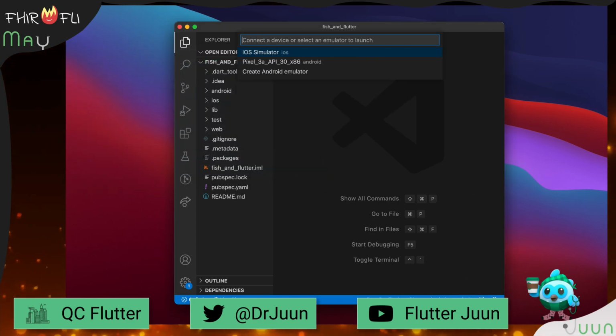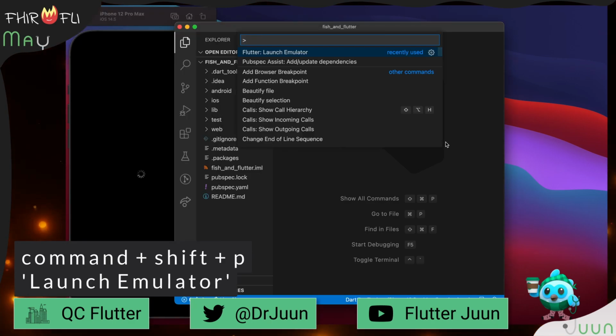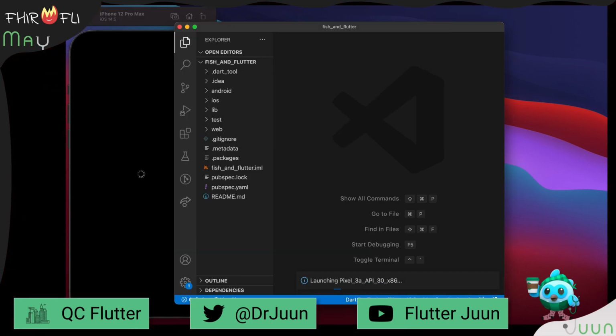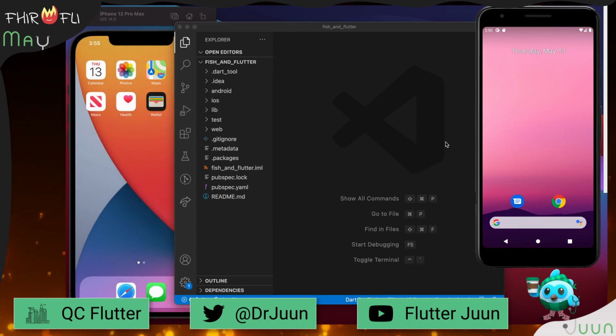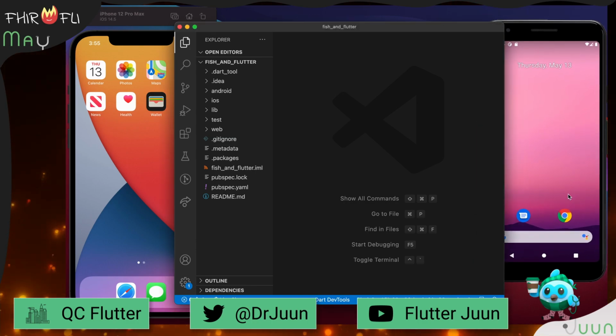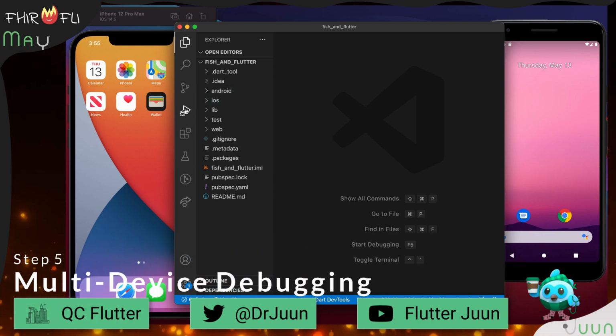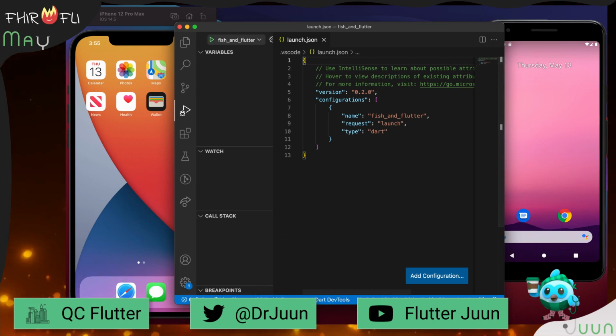If you haven't noticed, I'm a huge fan of the command palette. In VS Code, the default is Command-Shift-P, so that I can start typing in Launch Emulator and just go ahead and open up an iOS simulator. I'll repeat this process for my Pixel 3a. When both emulators have loaded, I'm going to go down to the Run and Debug tab, click Create a launch.json file,